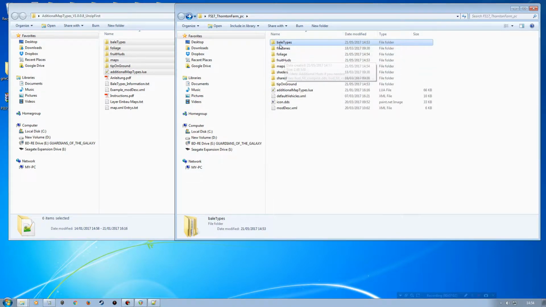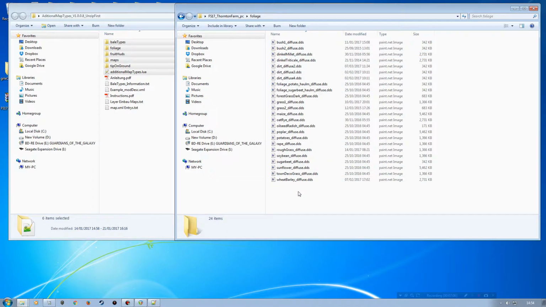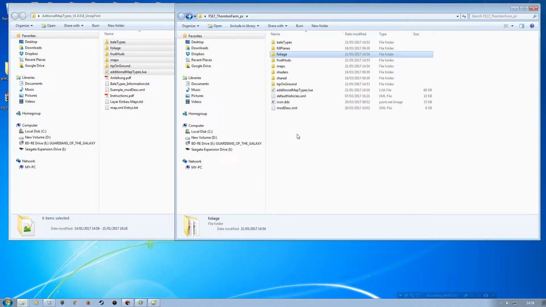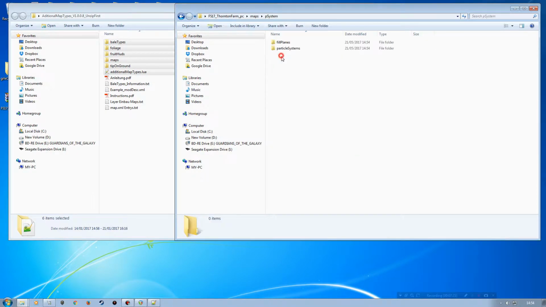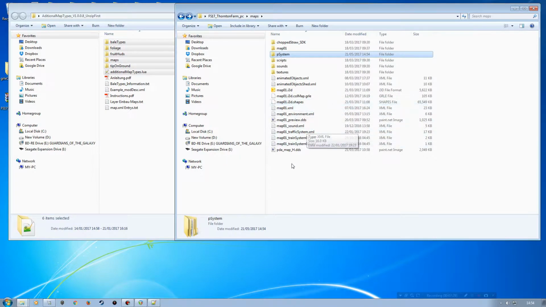The bell top's not going to worry about too much. We've got some fill planes, some foliage, extra foliage layers. We don't need all of these, but just for the Luzerne, but it's part of the additional map type script, so I tend to want to bring it over because it will reduce errors on your map and all the rest of it. So we've got some new fruit HUDs and whatever else. And then here I've brought in some fill planes and particle animations, which we'll be editing later on, and then some new